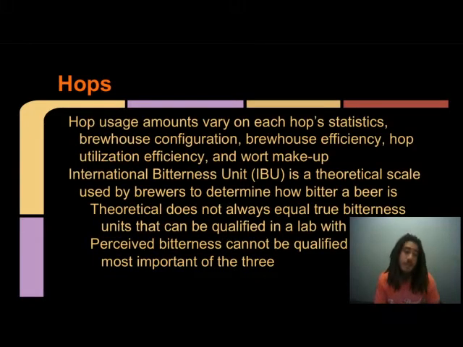Lastly, about the hops. Hop usage amounts completely vary depending on the hop statistics. So for example, the alpha acid, that kind of thing, will completely change how much you're going to add. What also changes that is brewhouse configuration, brewhouse efficiency, hop utilization efficiency, and wort makeup. So depending on what your wort makeup is, depending on how much dark grain versus light grain you have, depending on the pH that you're starting with, depending on the gravity,